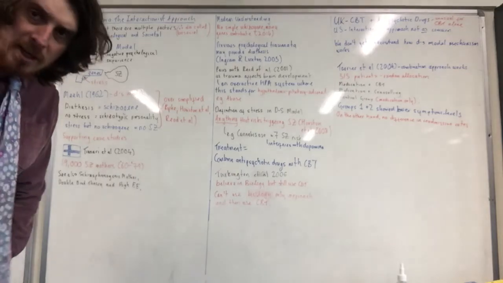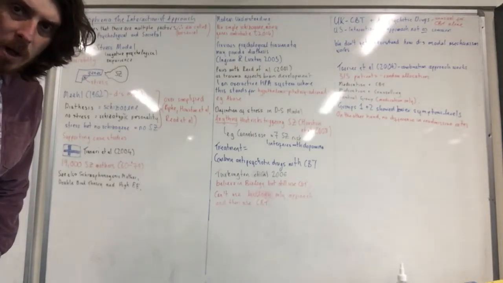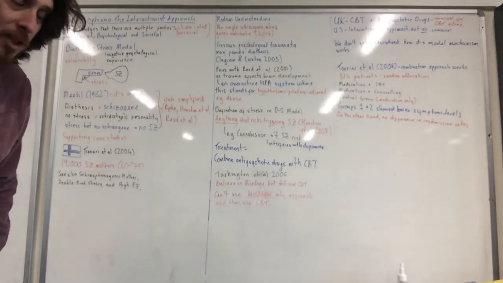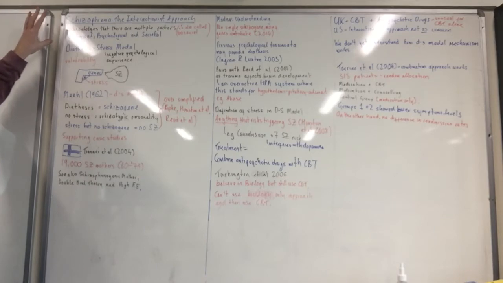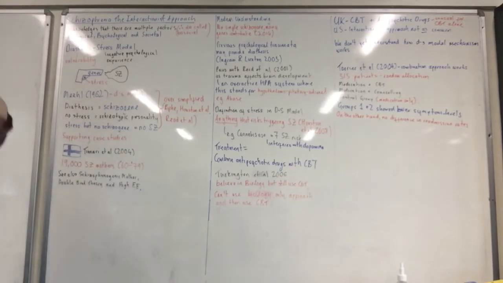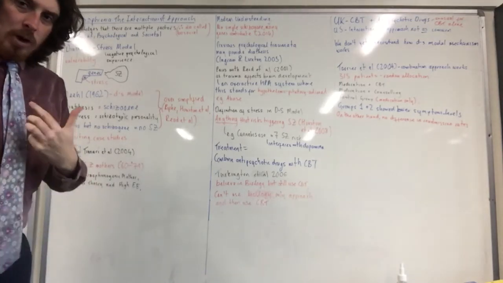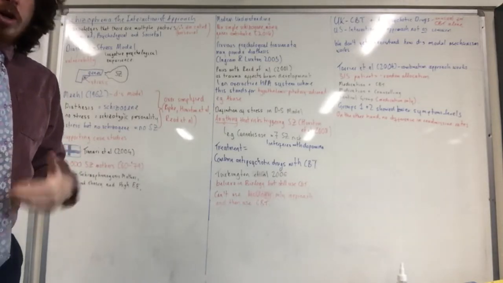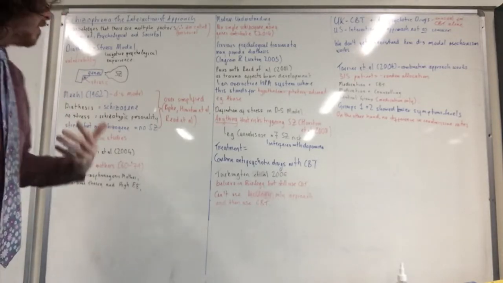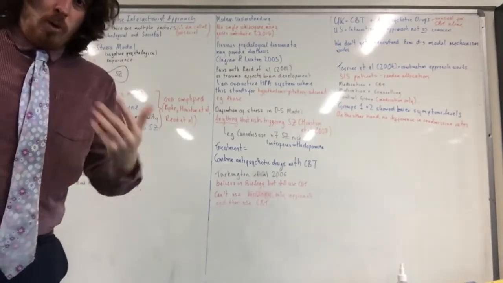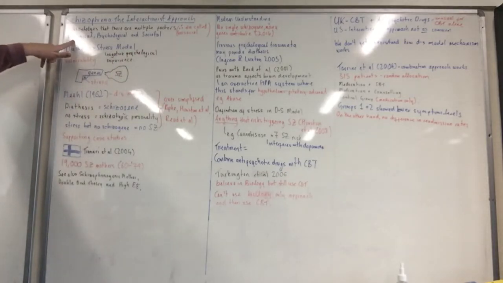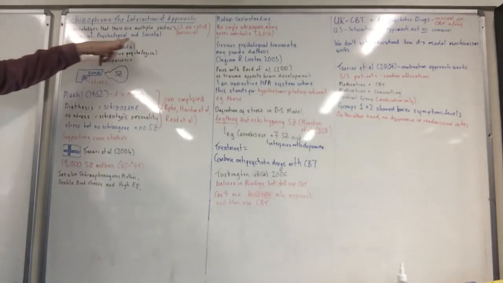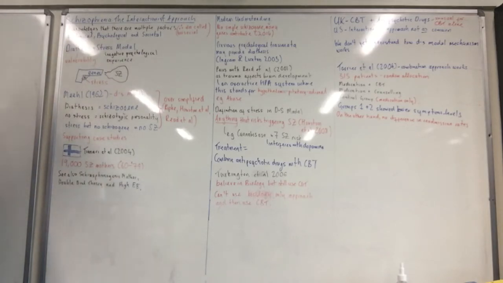Hi there, so in this final lesson on schizophrenia, let's have a look at the interactionist approach. The interactionist approach is the acknowledgement that there are multiple factors, so therefore not just using a biological approach, not just using a psychological approach. It's taking into account that more than one thing is happening at once. This is also known as the biosocial approach, and it acknowledges that schizophrenia may be caused by biological, psychological and societal factors at the same time.